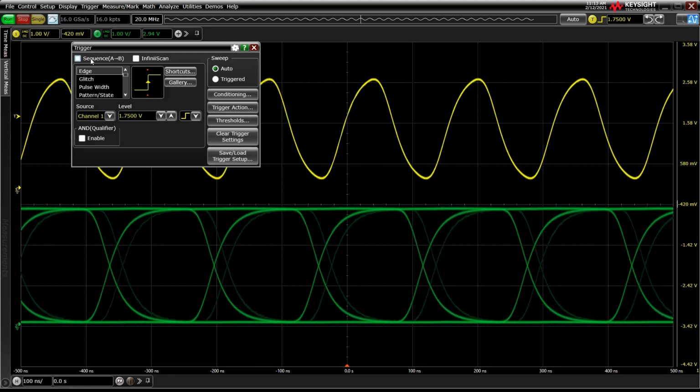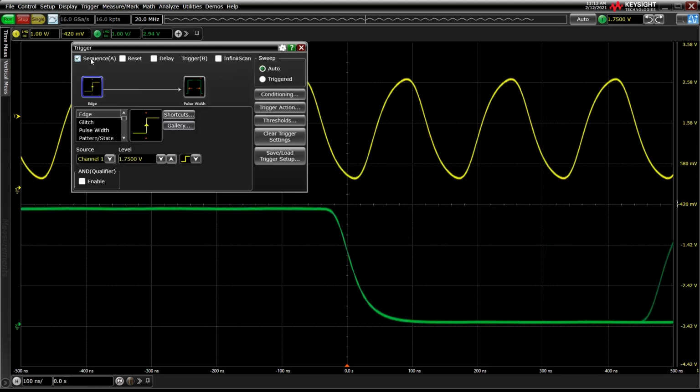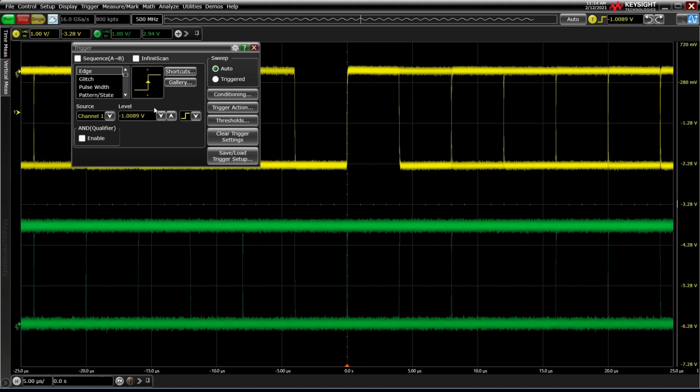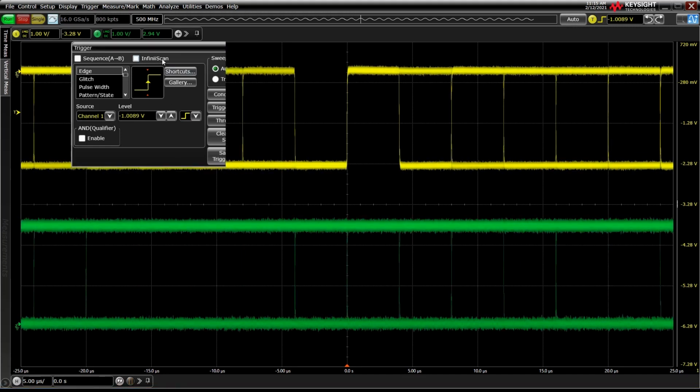If a single trigger can't define the waveform you're looking for, try enabling sequence mode. This creates a 2-stage trigger. The oscilloscope looks for an initial trigger condition, optionally waits for some defined delay period, and then looks for a second trigger condition before plotting any data. Now, if you have the InfiniiScan option enabled, an additional software stage is added to the hardware trigger setup, and